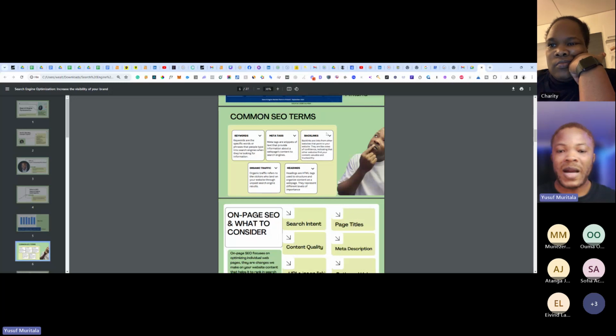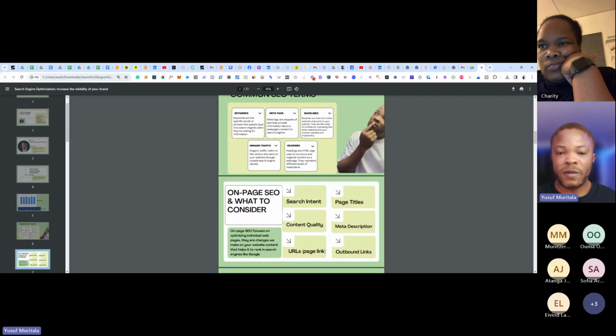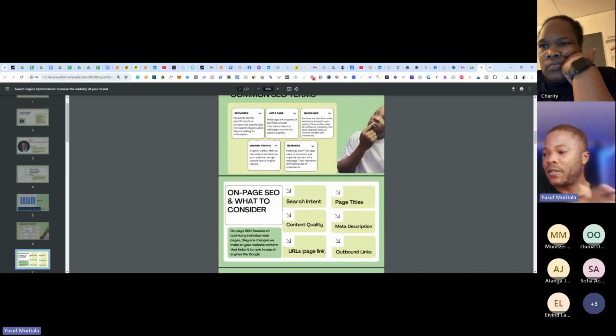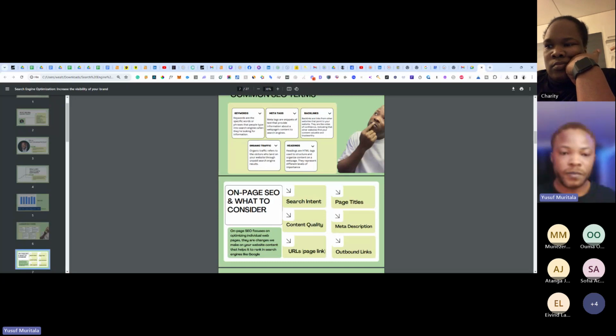We have backlinks, which are the links pointing from other websites to your website. We also talked about headlines, from H1 to H6, that you can use to categorize the content on your website. And organic traffic is the traffic that comes from what people are searching on Google or any other search engine, Bing, Yahoo, and so on.